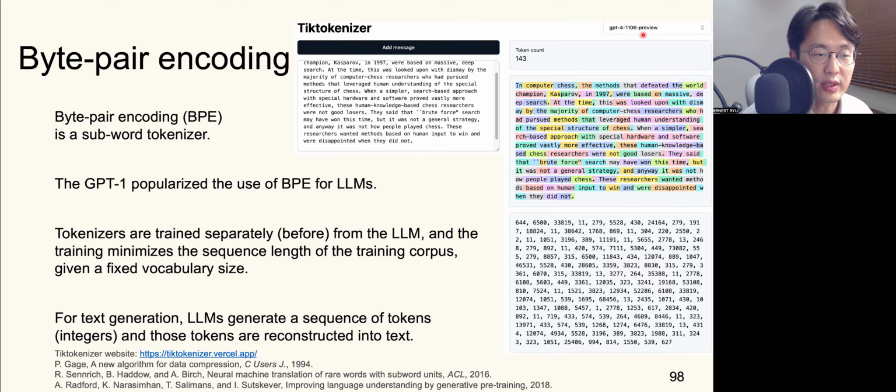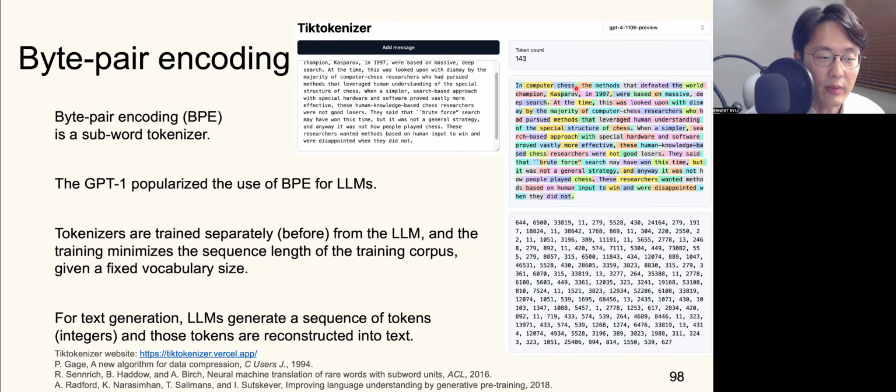So here I chose the GPT-4 tokenizer, and I entered an excerpt from Richard Sutton's essay. Here, the colored highlights indicate how the text is chunked up into different pieces that are individually converted into a token. So for example, here, that is converted into token number 644. Space computer, that's 6,500. By the way, this chunking up, this is not computer, this is space computer. And then the next token is space chess, that's